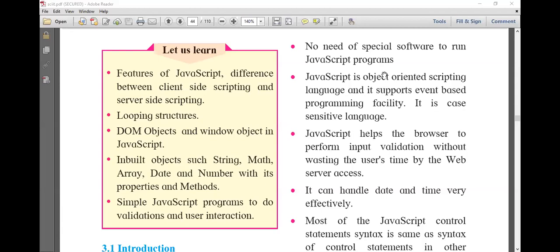We will see here the difference between client-side and server-side scripting languages. Then we will come to the second point, looping structures in JavaScript. We studied the if structure in JavaScript. The if structure is a conditional structure.